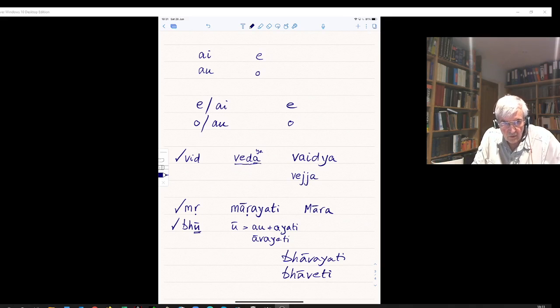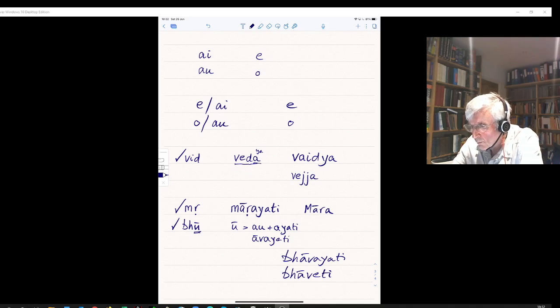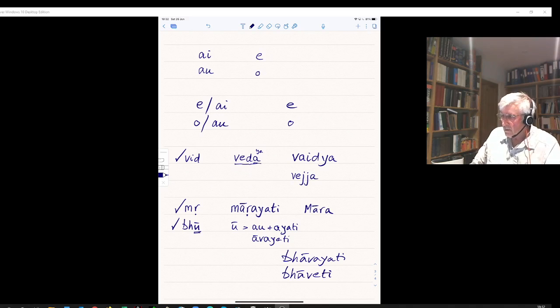So bhu with guna bhavati, but with vriddhi bhavayati in Sanskrit, bhaveti in Pali. Now the guna and the vriddhi, I've given you just a few examples of how they're used. By the way, the table now you have in full, that's it. It's actually quite simple to learn. I'll just show you another